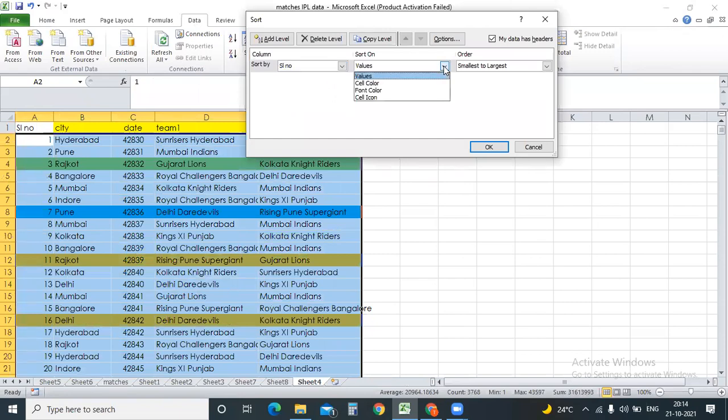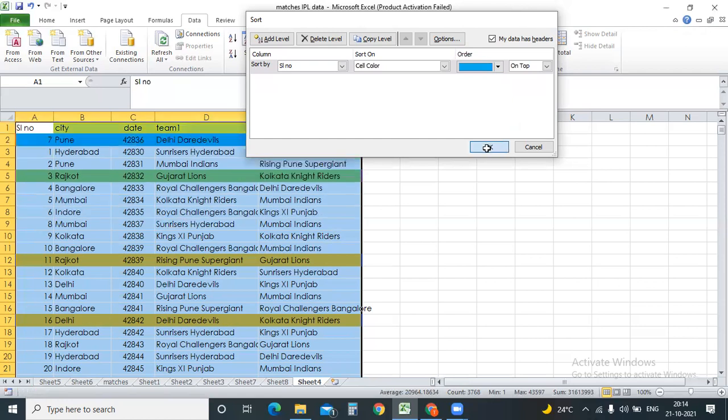But instead of values, now I'll go with the cell font color, which is the color applied to the one. So now it's asking me which colors. See, it automatically detects the colors whichever I have provided here. So I have provided green, blue, and orange. If you have more colors, automatically all the colors will be applicable over here. Now I need to sort the data with respect to the orange color. Maybe on blue color. Just click on the one. Click on OK.